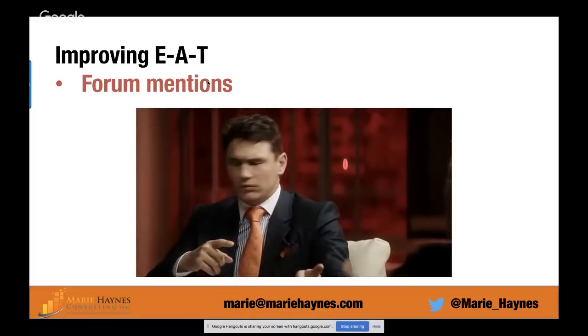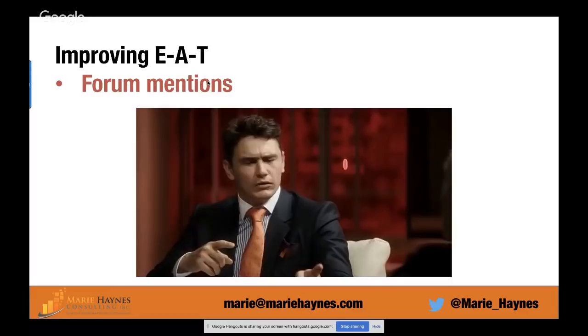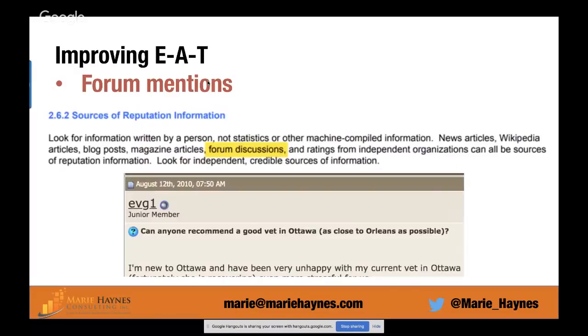The reason why I use this GIF is that if you've been doing link building in the pre-Penguin days, you probably didn't pay much attention to forums, because those are links that are easy to make and easy to spam. But the Quality Raters Guidelines actually talk about forum discussions being a source of EAT information. So one of the things that we think is that Google can probably recognize if people all over the web are saying great things about your business,